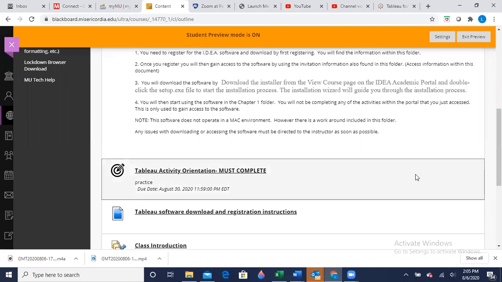Hi, everyone. We are now going to talk about another data analytics software that you will be using in this course called Tableau. Now, Tableau is a software as well as IDEA that are used a lot in accounting, auditing, and finance. So sometimes you may feel like in auditing, you're taking almost like a technology course a little bit because you're getting familiar with these different softwares, but the way that auditing is conducted now, it relies heavily on technology to do a lot of the work that was once done manually.